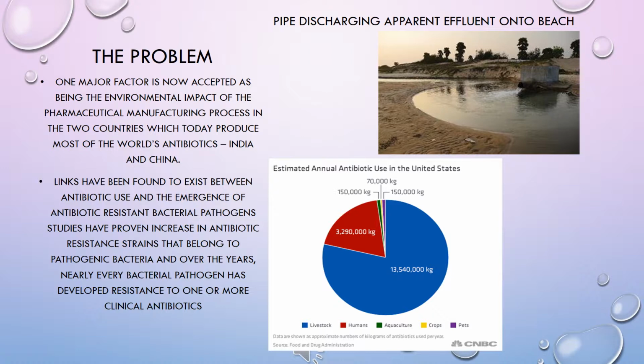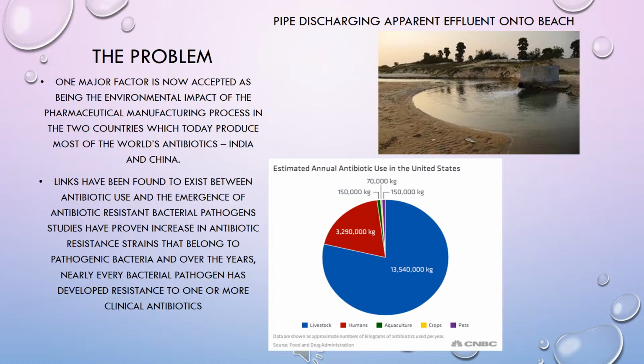So here at the bottom, you see a pie chart that I collected from the internet, describing exactly the climate within the United States on antibiotic use. The whole blue section, which is over 13 million, is contributed by livestock, which is also consumed by humans. And then the red portion is over 3 million, which is direct consumption or use by humans. So humans using or consuming antibiotics. Clearly, this gives you a very good picture of how much antibiotics is being used.